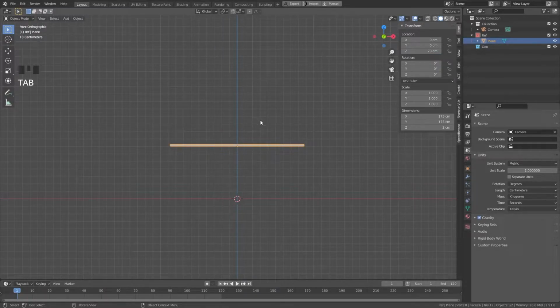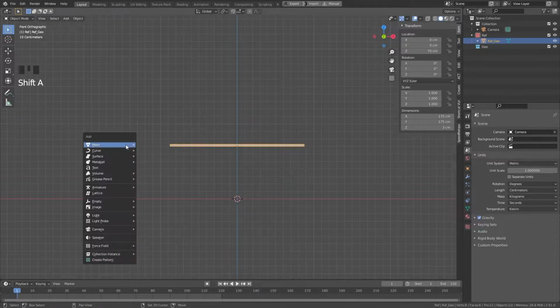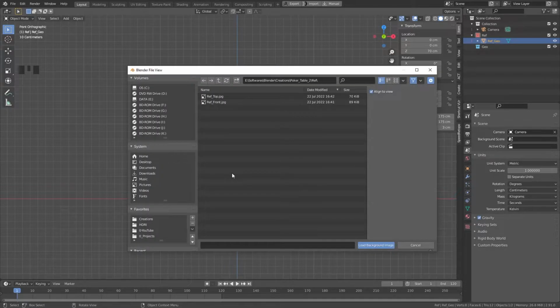Tab again to go into object mode, F2 to rename the object, and we can call it ref geo. This is just the dimension guide that we are going to have, and then we can press Shift A, add image background. Go into your reference folder and select the reference font. My images are in the description, or you can just get your own reference. So we start with the reference font, import that,